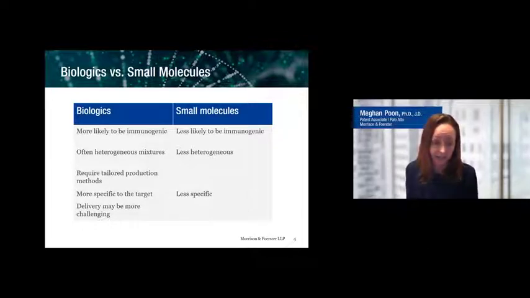On the plus side, biologics tend to be, or can be, more specific to the target. For example, antibodies are well known for incredible specificity to their antigen. This can be helpful for reducing side effects of biologics compared to small molecules, which can sometimes be less specific and bind to off-target receptors, for example.